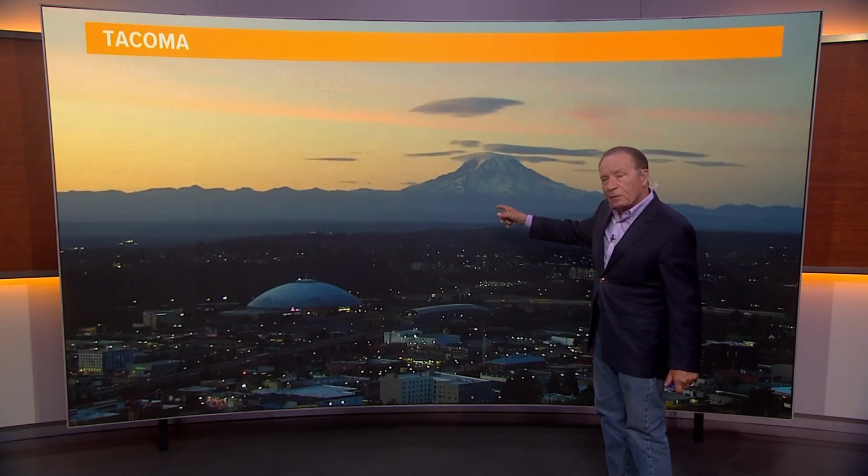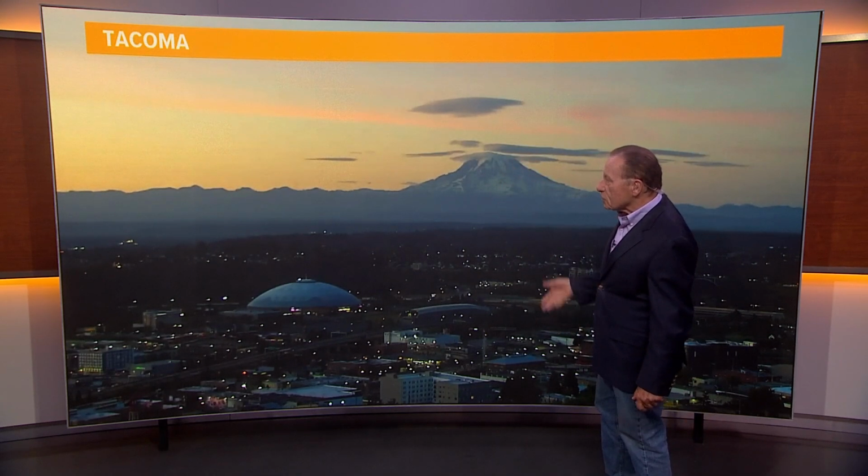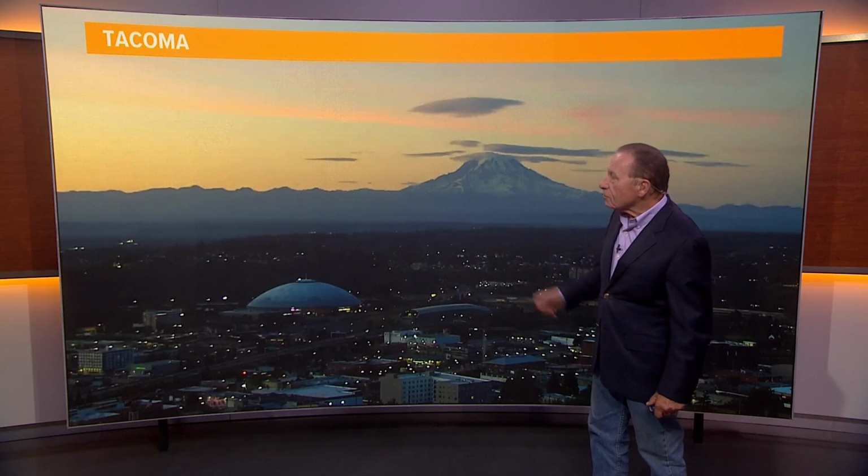Looking south, away from the approaching storm, not looking quite as threatening, except for the fact we've got a cap cloud on Mount Rainier and a couple of lenticular clouds out there, a sign that we've got a weather system somewhere nearby. It's not much of a weather system, but the effects of it can spread out, and Rainier is a good sampler. It's kind of like sticking your finger out into a stream,